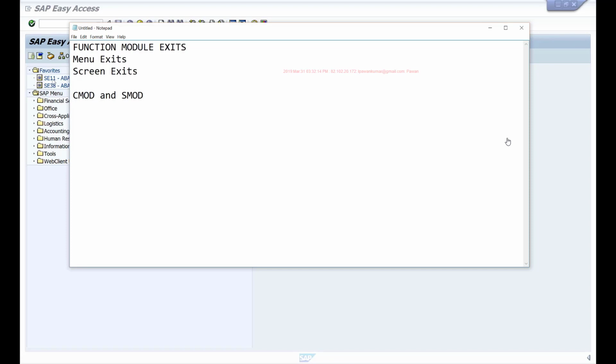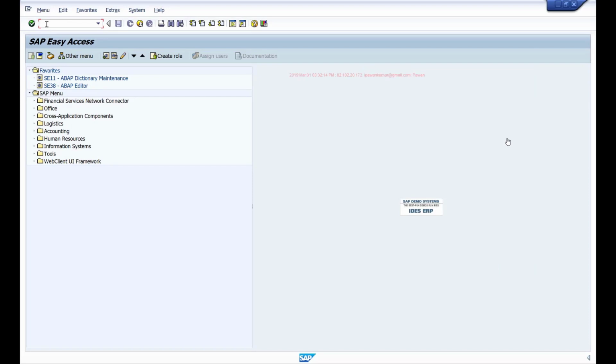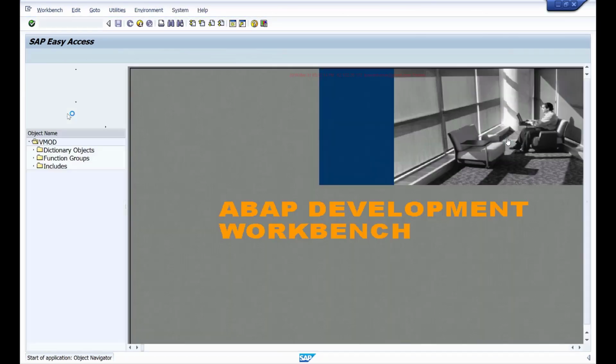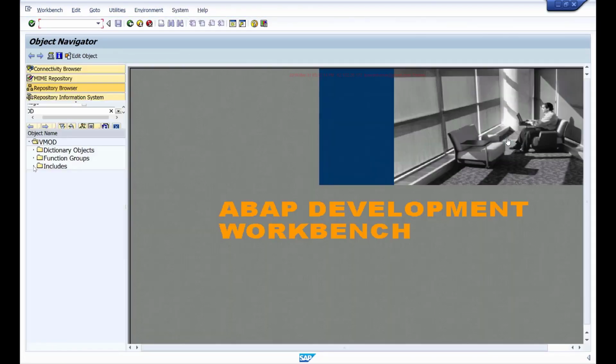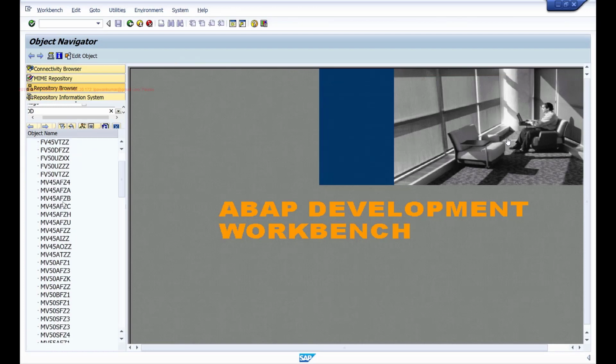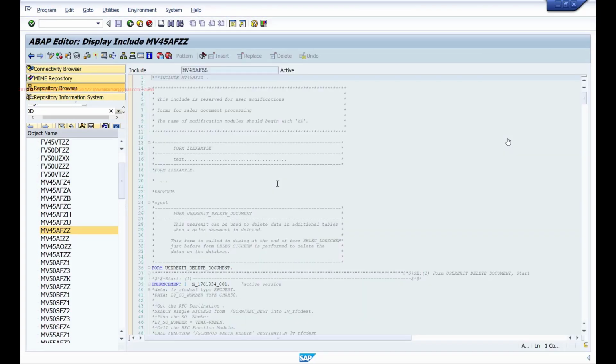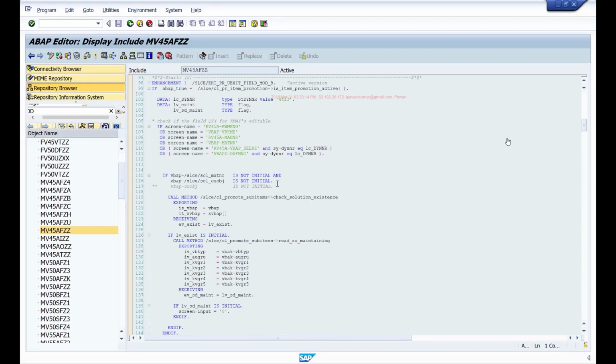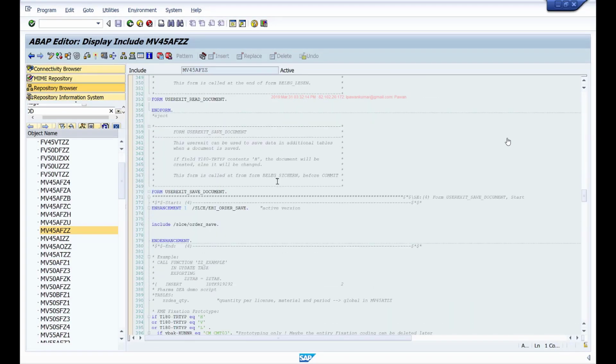So for example, in the previous session, we've discussed this, we've implemented this enhancement to validate the item quantity.